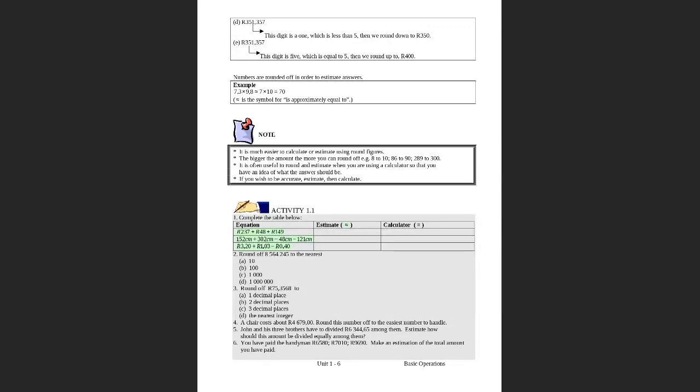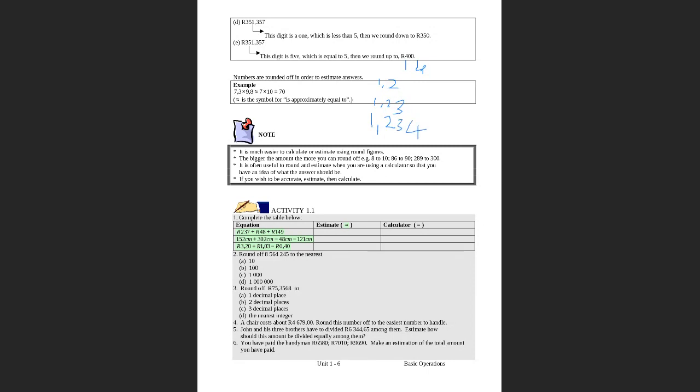Now, please, let's look at decimal places. You have to know that numbers can be written in decimal places. We can have one decimal place, two decimal places. One decimal place is when you have, let's say, 1.2. When we say two decimal places, it's 1.23. If we say three decimal places, it's 1.234.